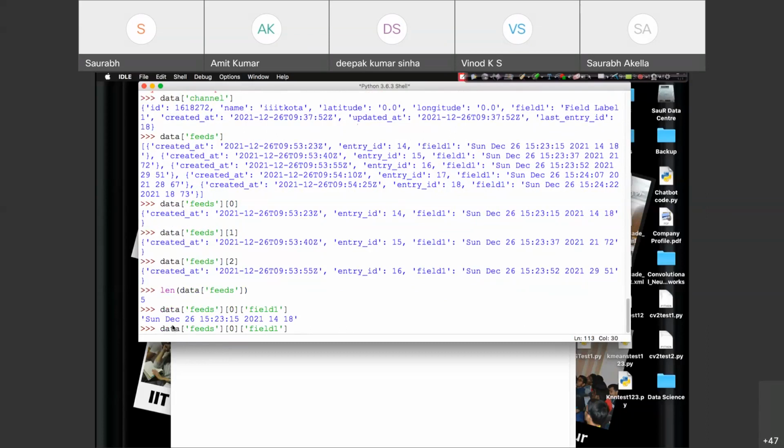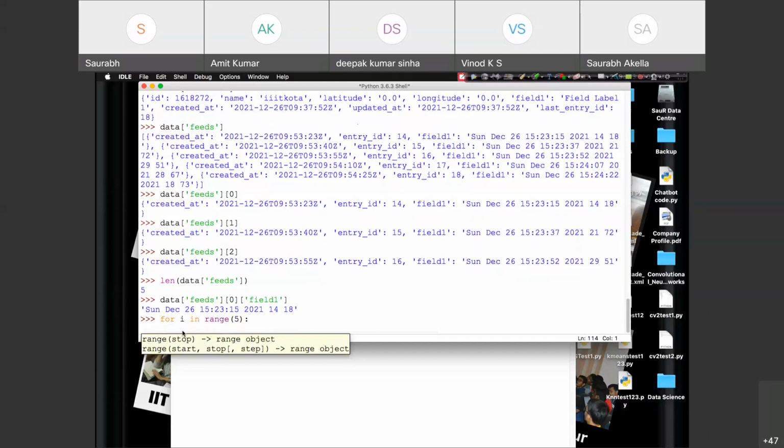So what I'll do, if I'll just change this 0 with i, let me just have a for loop, for i in range within bracket 5, okay?